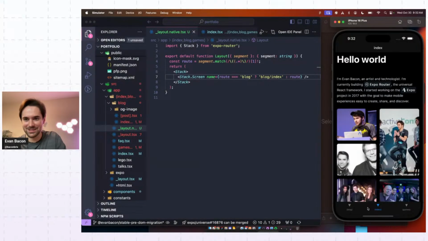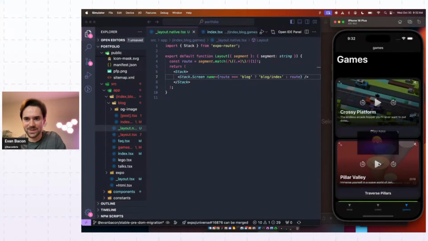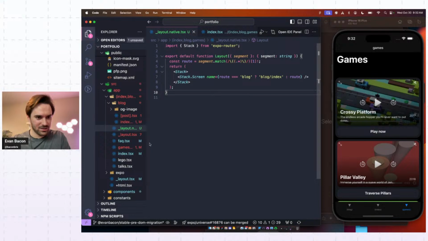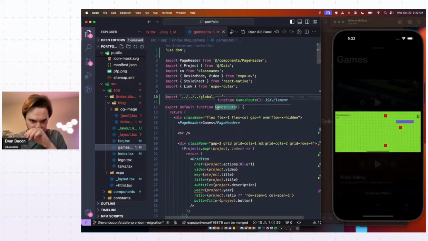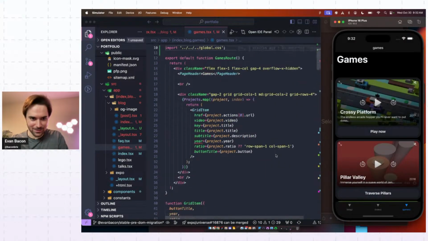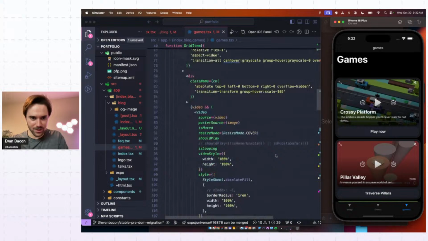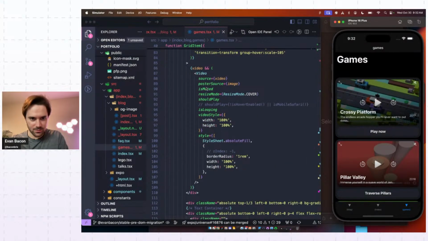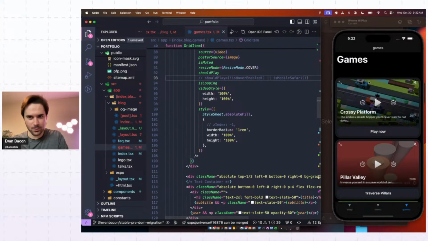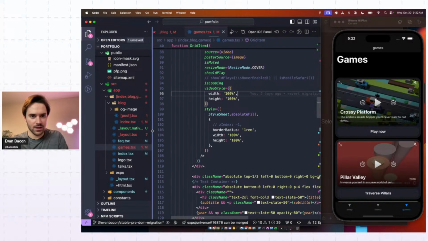Okay, this video thing is annoying. Let's fix this video thing. So what we want to do there is let's just look at what we're doing with the video. It looks like that should be fine. I think that's just web view behavior. So what we can do is change the web view's behavior